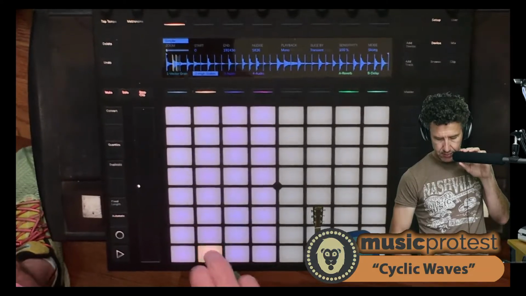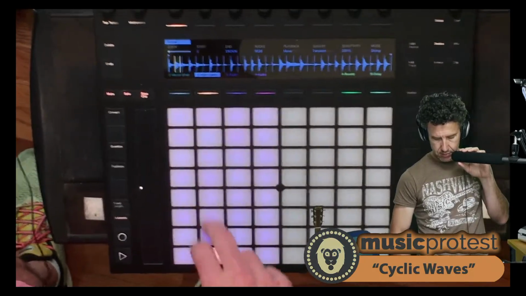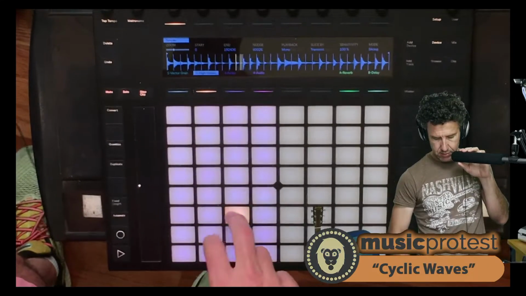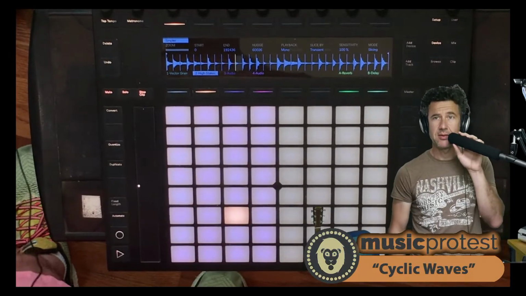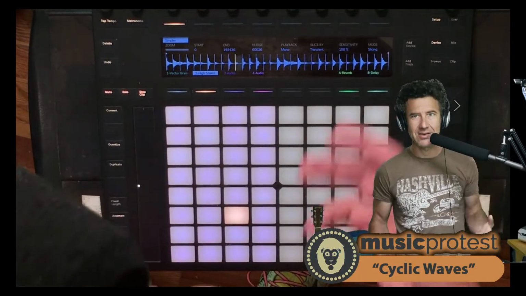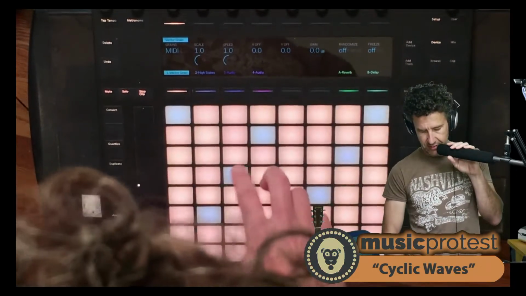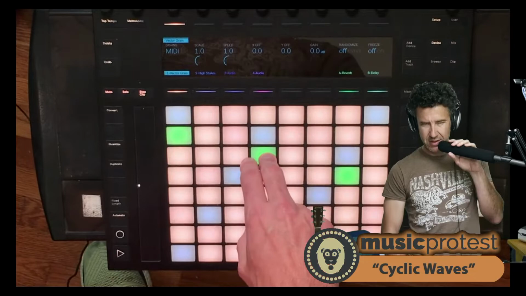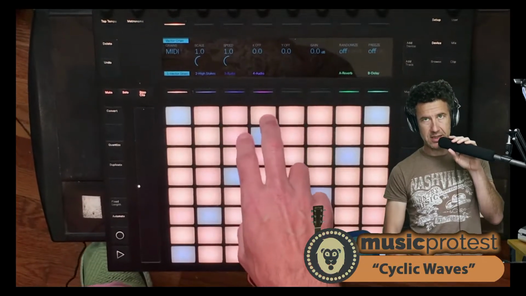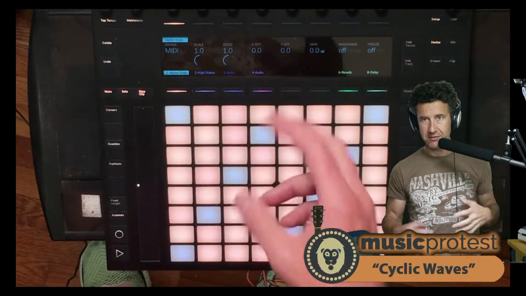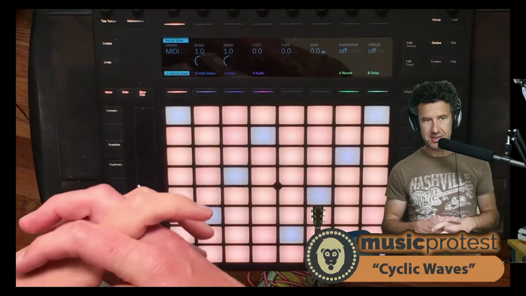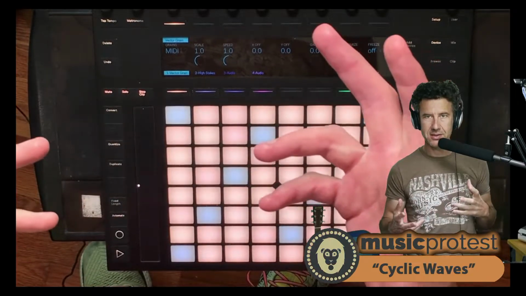I just love being able to load samples in that sound cool. And what I had been doing before with Vector Grain, I just love Vector Grain. I love the effect of grain synthesis and grain samplers. But